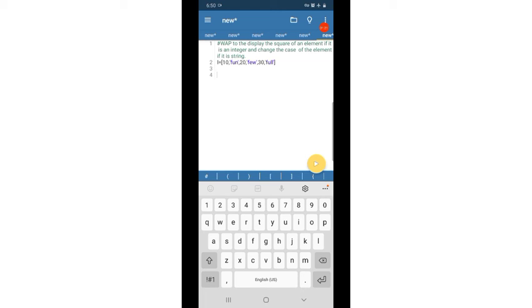Now we have to check whether the element is an integer. If it is an integer, then we have to find the square of that element. If it is a string, we have to swap the case of the string.